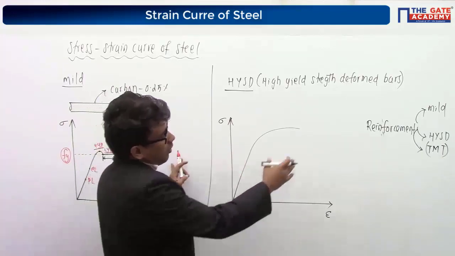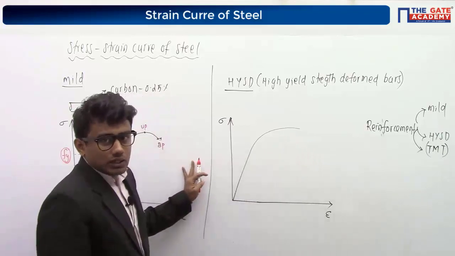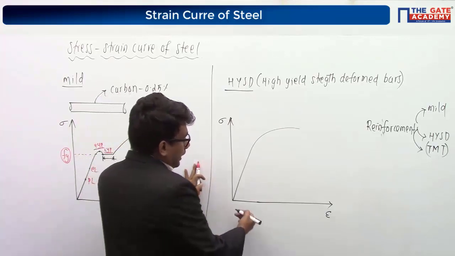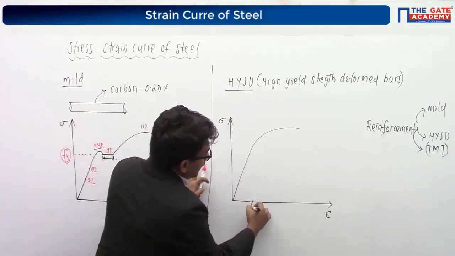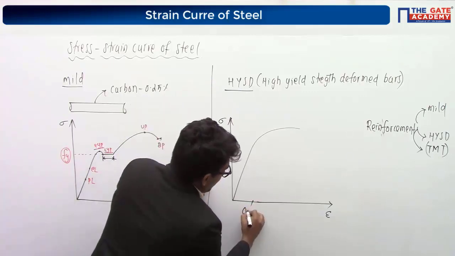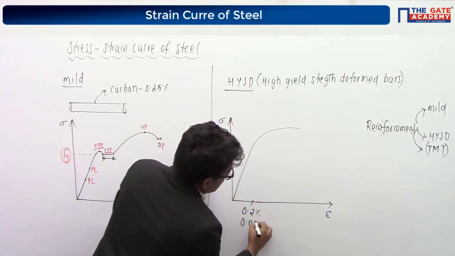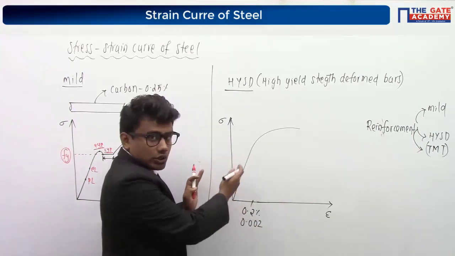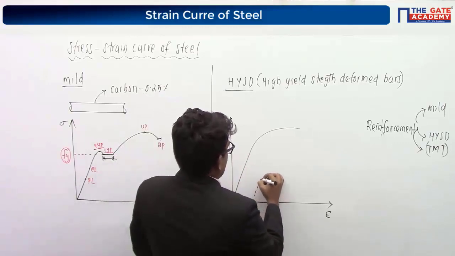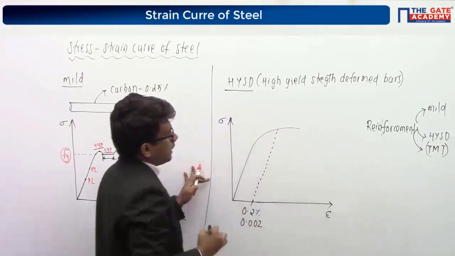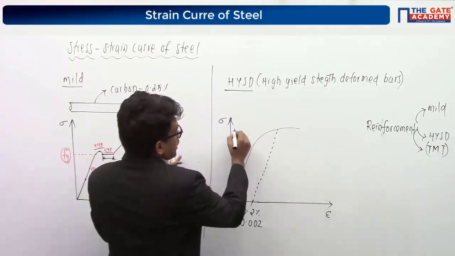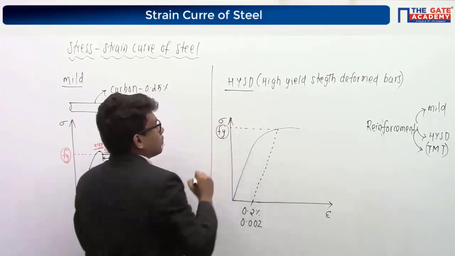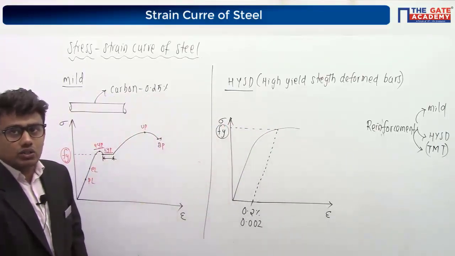Our grade of steel is based on the yield strength of bars. So in order to find the yield strength of the bar, on the x-axis we are having strain. I am going to consider a strain value that is 0.2% or 0.002. After that, I am going to draw a parallel line to the initial straight portion. It will meet somewhere in this curve, and the stress corresponding to that point is taken as Fy, that is the yield strength of our HYSD steel bars.